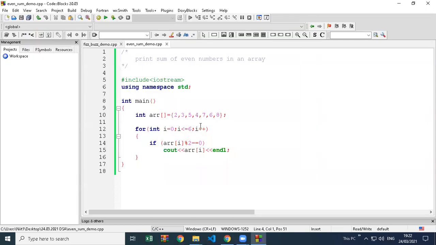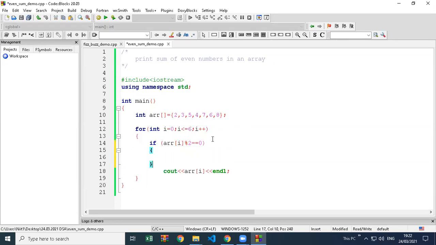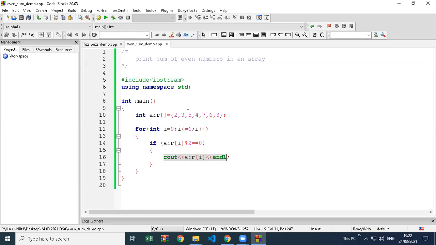So first of all you should be able to take all the numbers out from your array. If you know this, then you have to try how to take out only even numbers, or filter them out from the array. So this is the way. The number you are printing, before that just check if it is divisible by 2, then only print it. Otherwise all the numbers from your array are printed. So now we got the even numbers here. These are the even numbers which we are printing now.